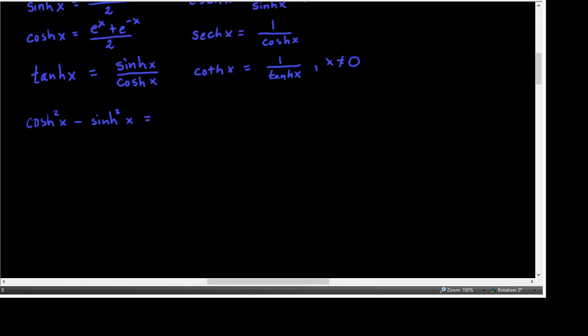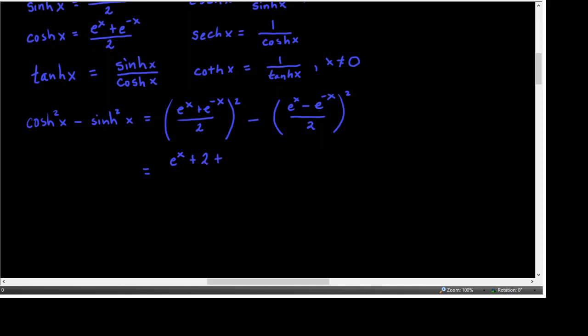By definition, and this is why you would need to know those two definitions, hyperbolic cosine of x is e to the x plus e to the opposite of x over 2, and we're squaring that, minus, and then hyperbolic sine of x is e to the x minus e to the negative x over 2, and we're squaring that. And if you square the numerator of each of those, you'll get e to the x plus 2 plus,